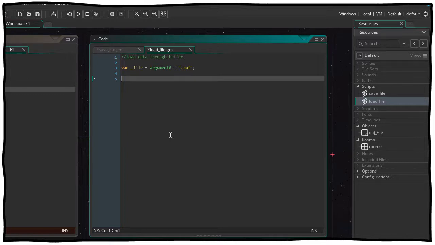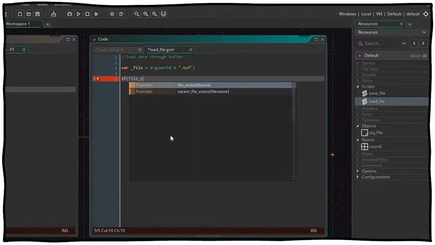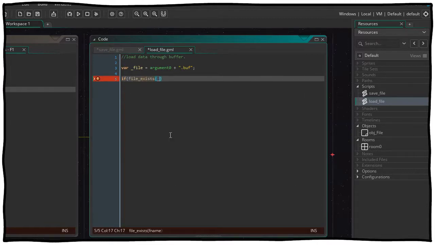Now, a very important thing you have to do first whenever you try and load a file is check that the file exists. If you try and load a file or access a file that doesn't exist, GameMaker throws an exception and your game will crash, and that'll suck. So you need to actually check that the file exists first. So we say if file_exists file,